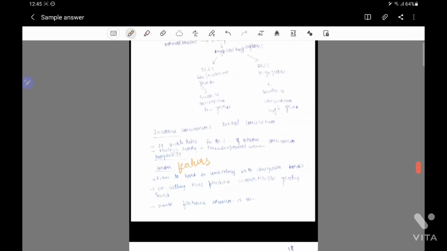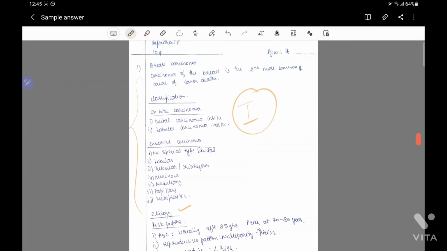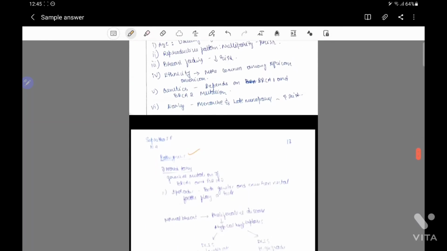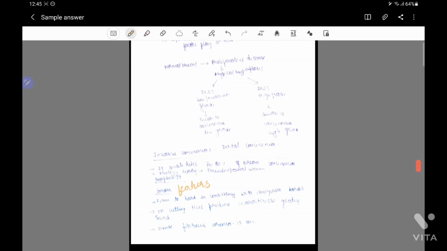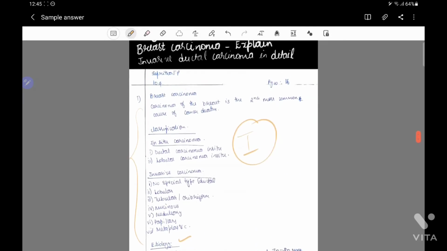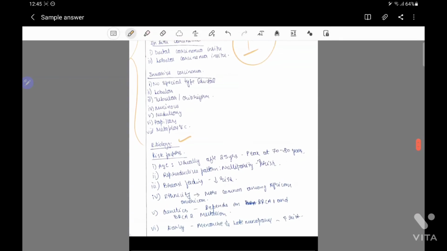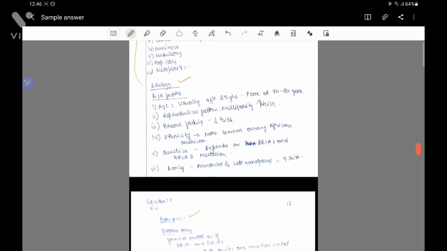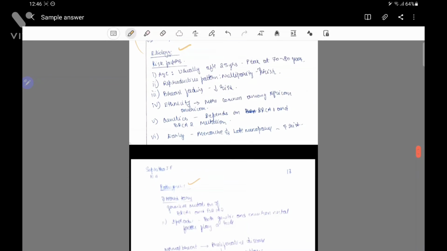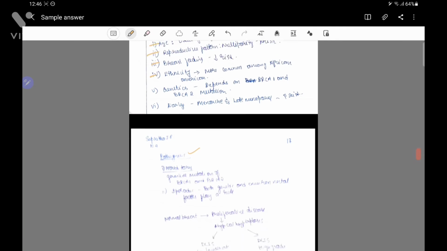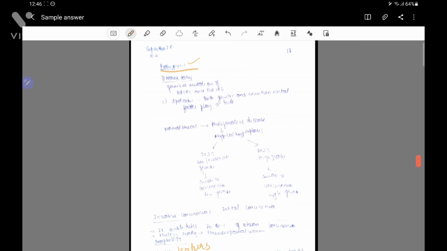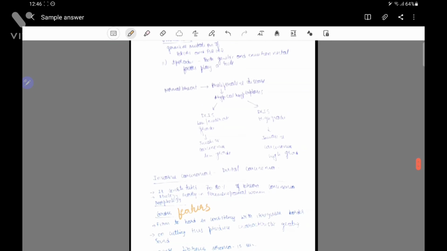Okay, just to point out one thing here, you guys can see that I have written this answer in a hurry, so I have not really named the subheadings well, but if you have time, make sure that you name the subheadings well. So now you guys can see that once you have made the subheadings, it becomes a lot easier for you to recall things as well as to write things, right? See, under etiology, I have given a few points that are going to be risk factors for breast cancer, right? And then even under pathogenesis, I have not had time to explain a lot of things, but I have just written a small flowchart here.